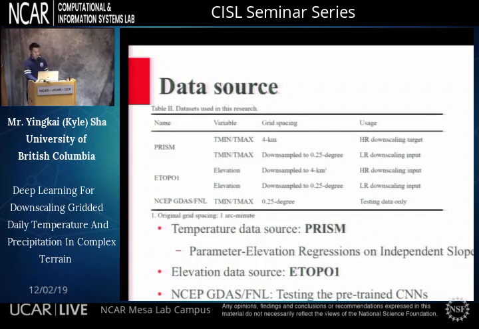And then about data credits. Firstly, the temperature data is obtained from PRISM, which is Parameter-elevation Regressions on Independent Slopes Model. And then the elevation data is coming from the ETOPO1, which is a digital elevation model output. And then for the testing stage, the NCEP FNL reanalysis data is also applied for testing the behavior